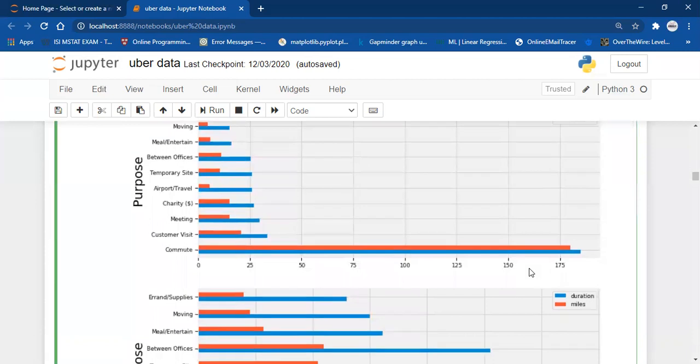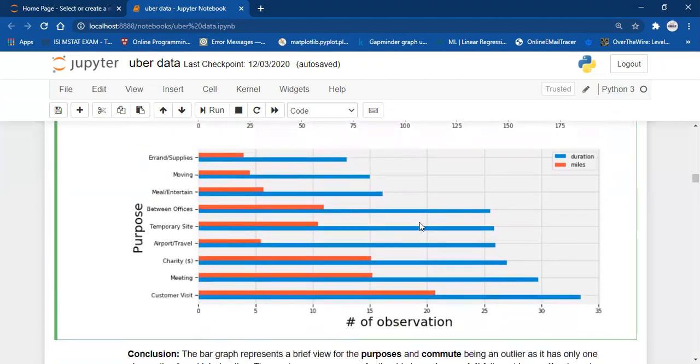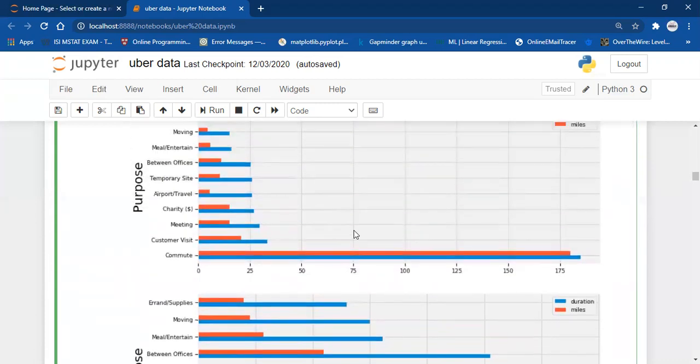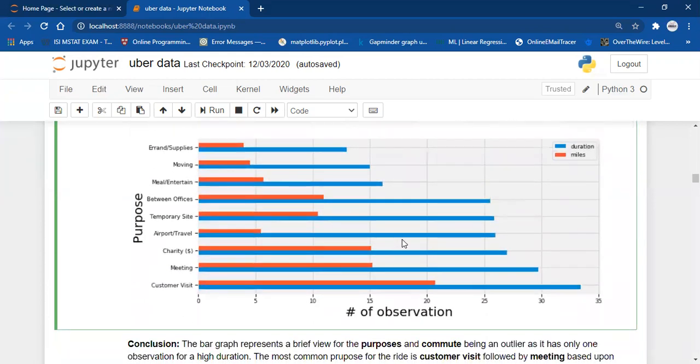If you see the other graph, which does not include commute, you can actually figure out how the values and the purpose values for mean duration and miles are actually changing. Because of the commute value, it's kind of a skewed graph, but without the commute value you can see how the various purposes are getting affected by mean duration and miles.